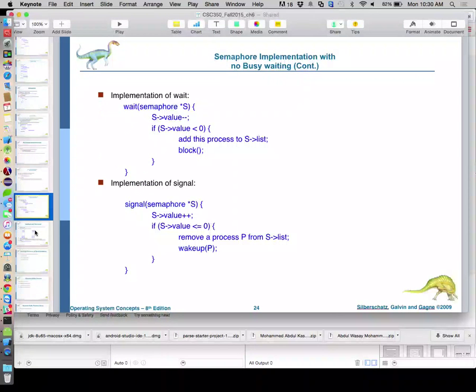Okay. So busy waiting versus non-busy waiting, there's not necessarily a right answer. Not all problems can be subdivided into mutually exclusive parts. Sometimes they have to wait in the line until they can go on and do the next thing.